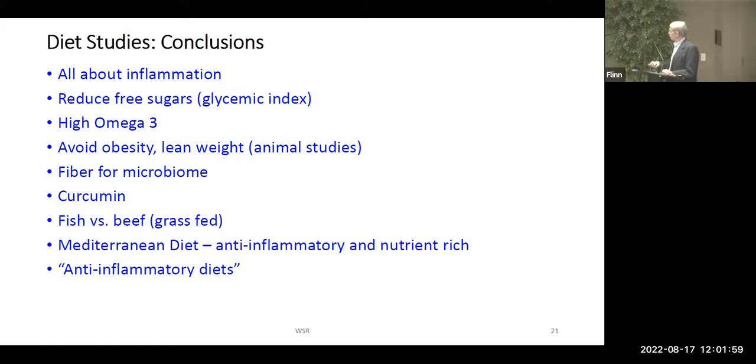Fish versus beef. This discussion is a very interesting one because beef has gotten a bad rap, and rightly so, because beef that is fed in a feedlot eats a lot of things that are not natural. Because they eat unnatural things, they have GI problems. Because they have GI problems, they need antibiotics. So it's a vicious cycle. The fat of feedlot-fed beef is pro-inflammatory, and that's the major issue.